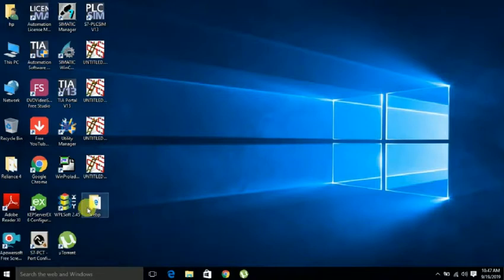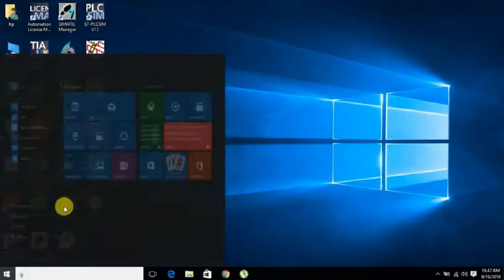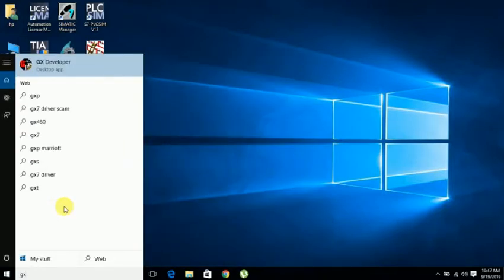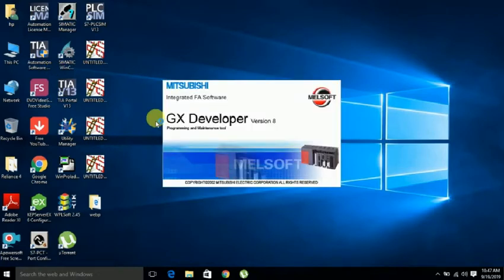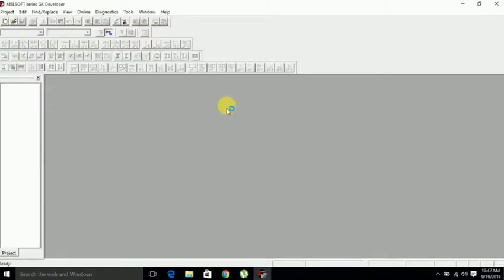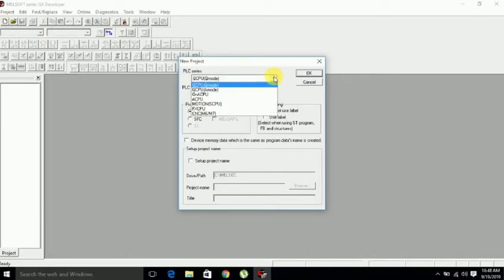So friends, today we are going to do our Mitsubishi software, how to make a project and how to start the programming. GX Developer version 8 we are using for this. So that is the main window that appears for this MELSOFT series GX Developer. For making a new project we will open this. That is the series available